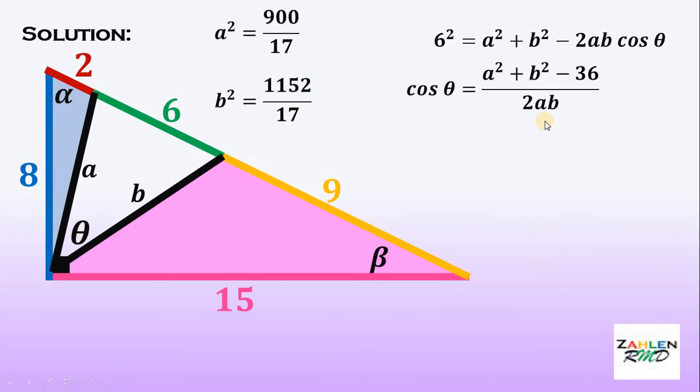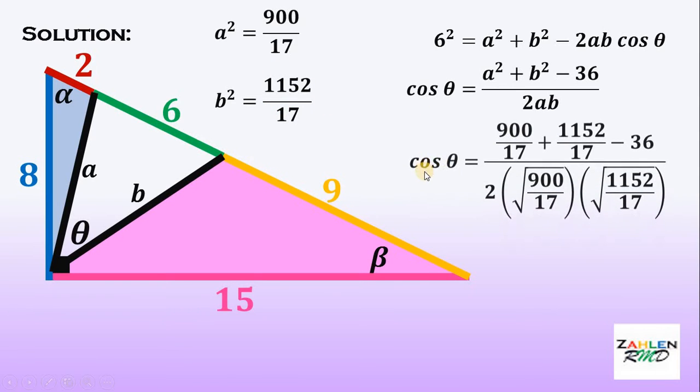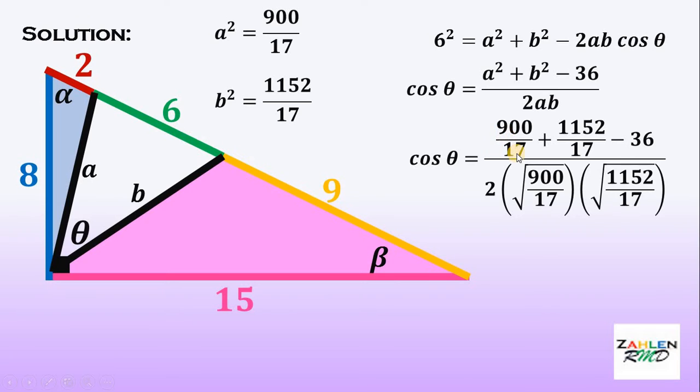Now, what is the value of a? A is just the square root of a squared. And b is the square root of b squared. Now, substitute all the given values and we have cosine theta equals 900 over 17 plus 1152 over 17 minus 36 all over 2 times the square root of 900 over 17 times the square root of 1152 all over 17. Now, using our calculators to simplify this result, we get cosine theta equals square root of 2 all